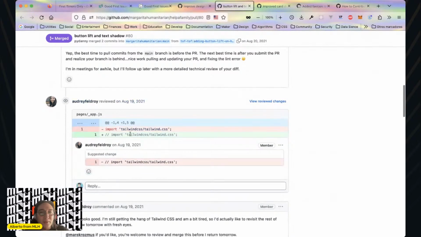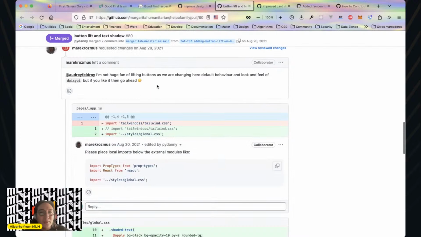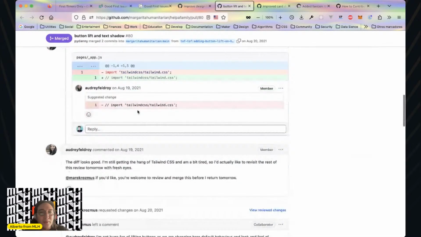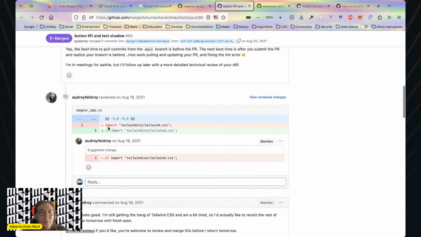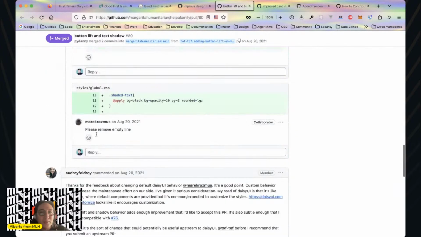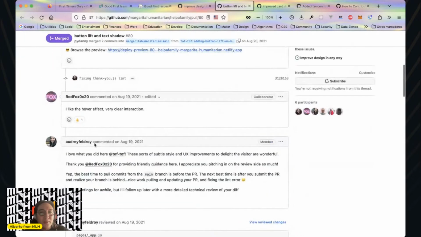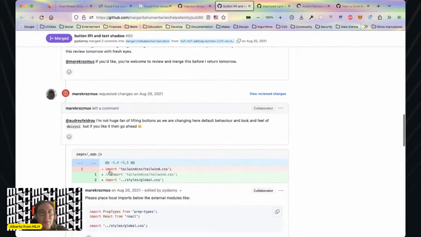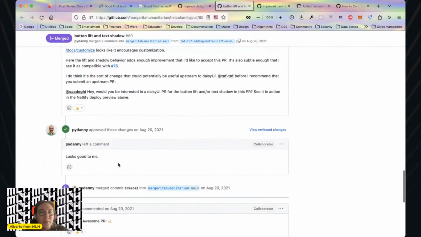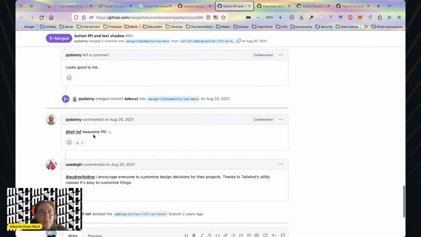They do a review on this, and after that, after the changes, you see the original author was Tough, and for her pull request, some corrections were needed, and another author, Marek Kronos, fixed them, and then both corrections, the work of two authors, Tough and Marek Kronos, were merged by Paddy, another maintainer, I'm guessing. And then kudos to Tough, right?